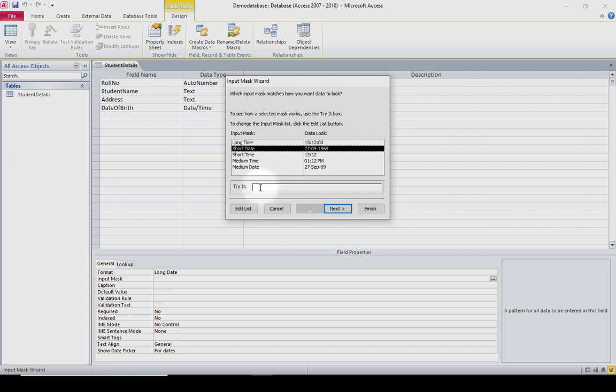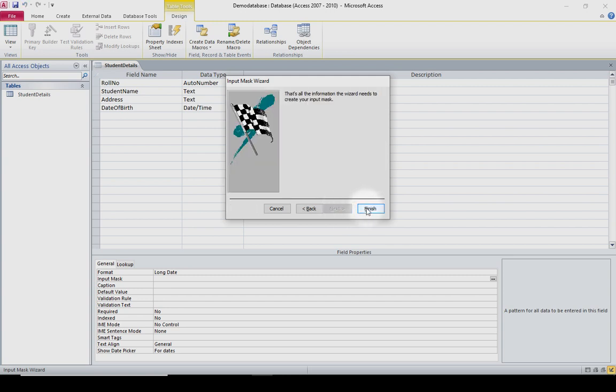And if you want to try, click here. As you can see, we have a set of underscore symbols. These underscore symbols represent the number of digits we will be able to enter. Let's try entering some date. I will enter here 21st December 2009. Can I place any more digits? No. I did not type hyphen either, but it has taken the date in appropriate format. Let's click on next, next and finish.